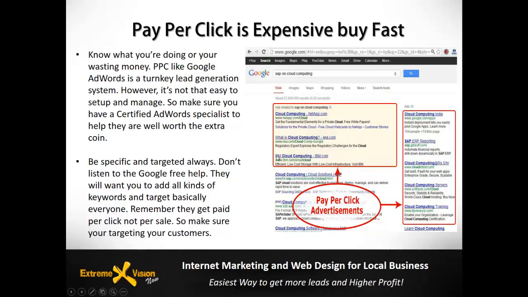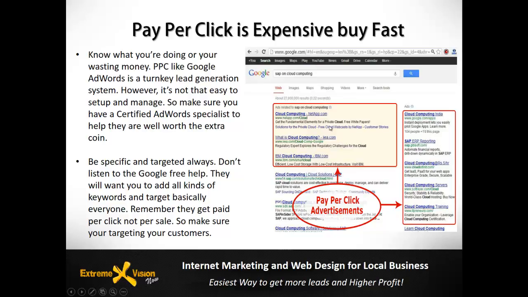Some markets it'll be $2, $3, $4, maybe $5 per click. Some industries could be $25, $30 per click. And that is not giving you a customer, that's just giving you a visitor to your website. So you can see that the cost can go up very, very quickly. If you get 100, 1,000 clicks, and your website isn't converting people, then you're basically going to be losing a ton of money. So this is very important to make sure your website is highly effective at converting leads before you even start doing something like this.